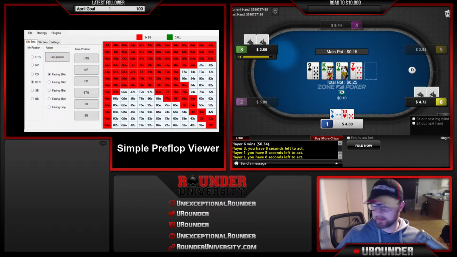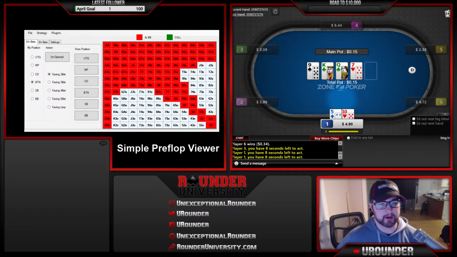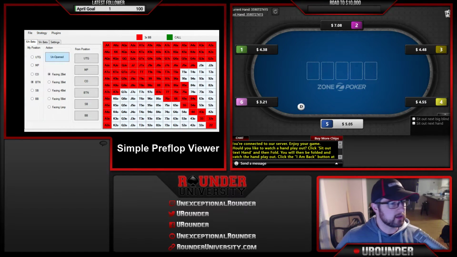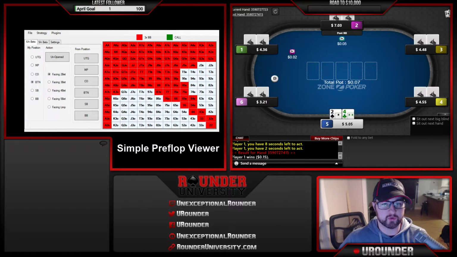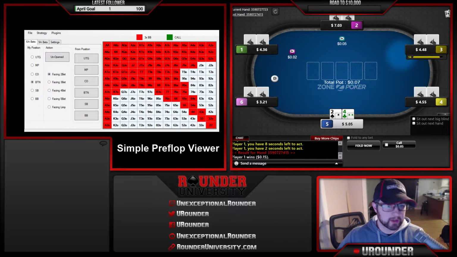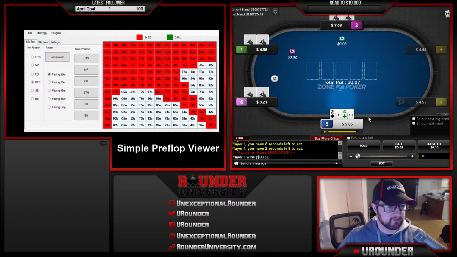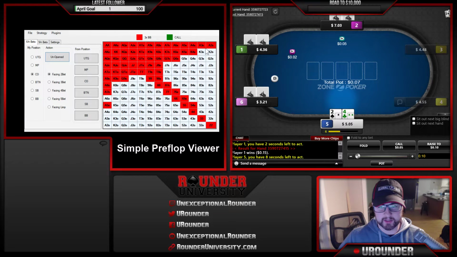So basically, today's not so much about playing poker. Today is about the Simple Preflop Viewer. Basically, what this does is gives you the ability to play advanced preflop ranges very quickly and very easily. I'm going to give you a couple demos here. For example, if we are in the cutoff and the pot's unopened, this is our raising range here that I've